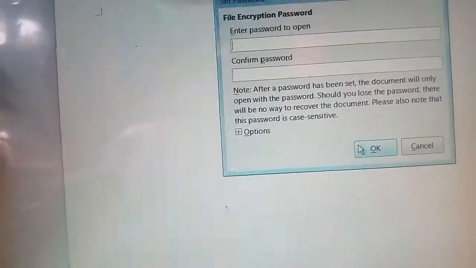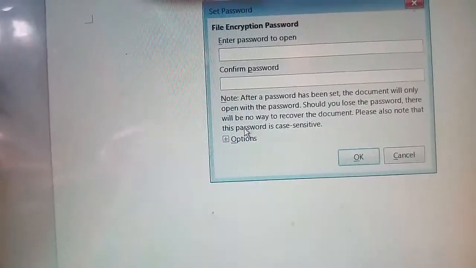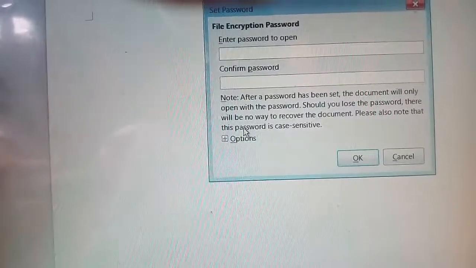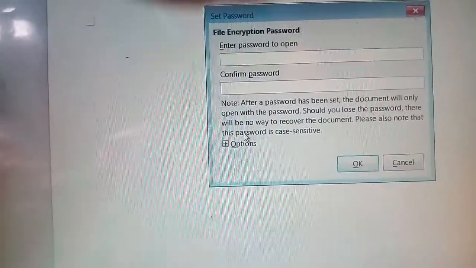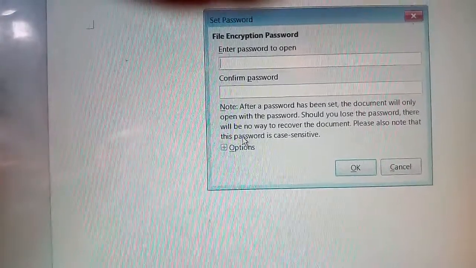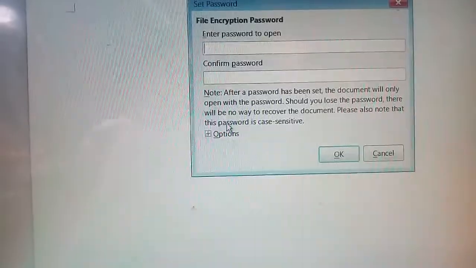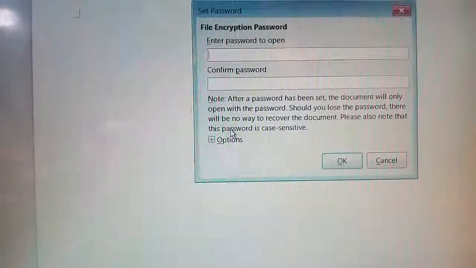Okay, then you have to click on OK. Then what will happen is, next time when you open this file, it will ask for the password. So no one can open the file except you, means those who don't know the password cannot open your file.